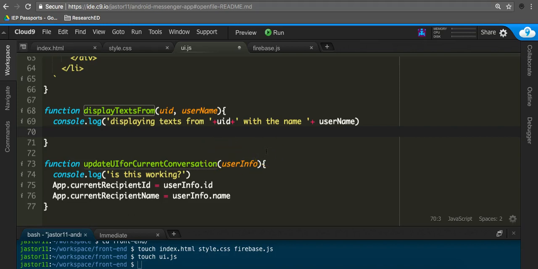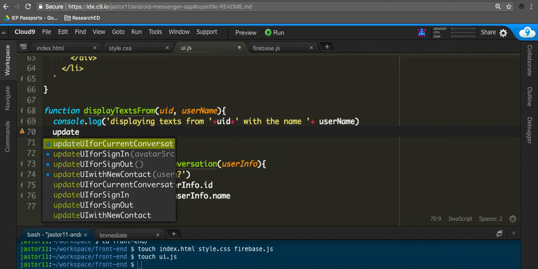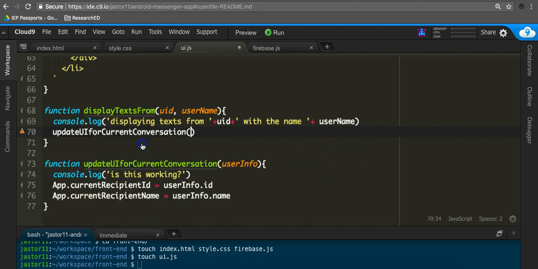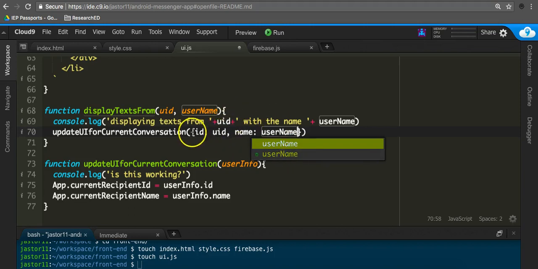We can say update UI for current conversation, this exact function right here, and just give it an object called user info with ID equal to the UID and name equal to the user name. And so this will update